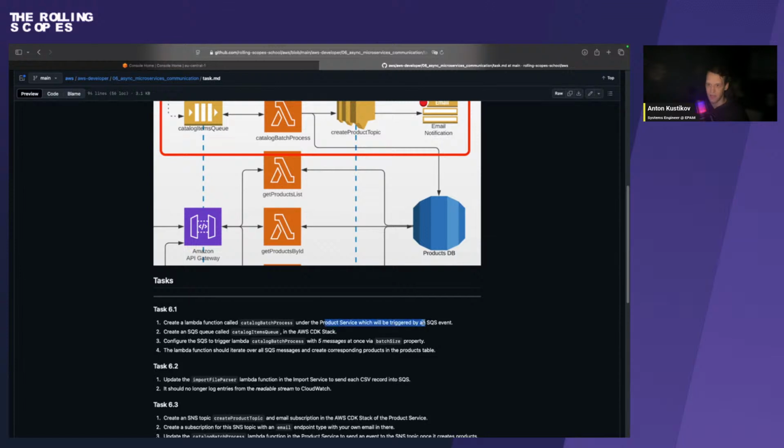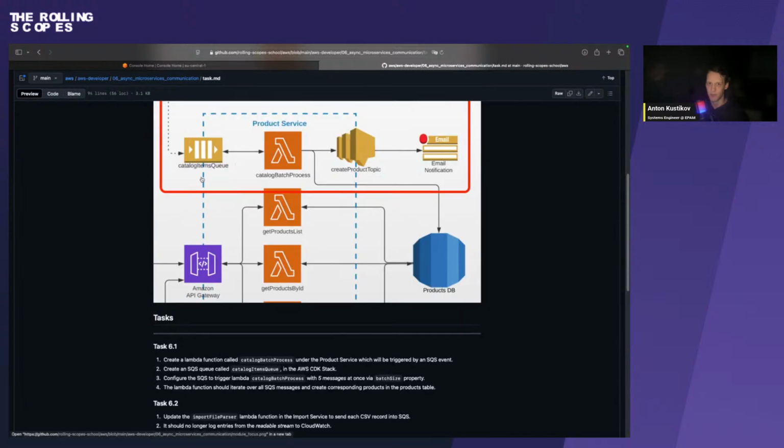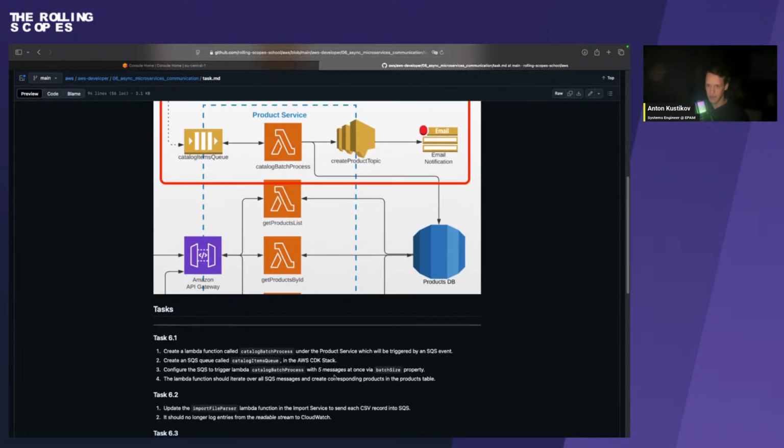And this Lambda function, as I already mentioned, should be triggered by the SQS event. So whenever you put something in the SQS queue, this Lambda function should be triggered. Create the SQS queue called catalogItemsQueue in the AWS CDK stack. Yeah, it's quite trivial, I'd say, because you'll need just to go to the CDK documentation and